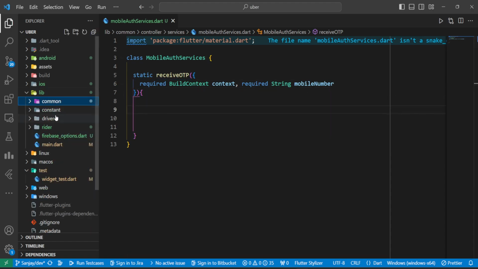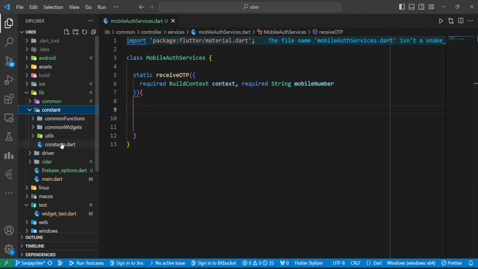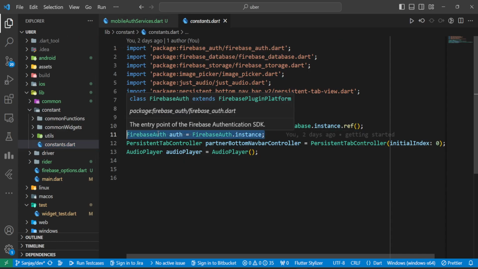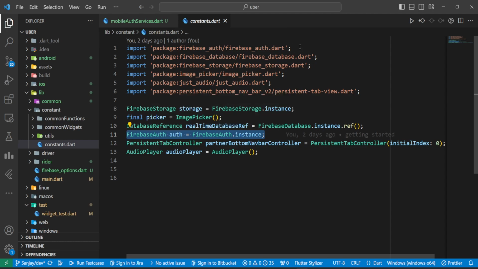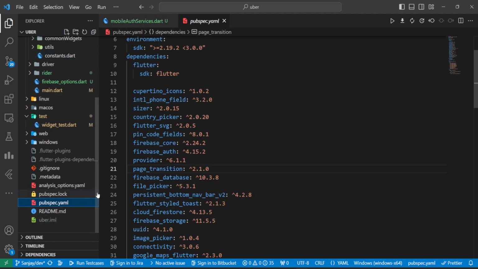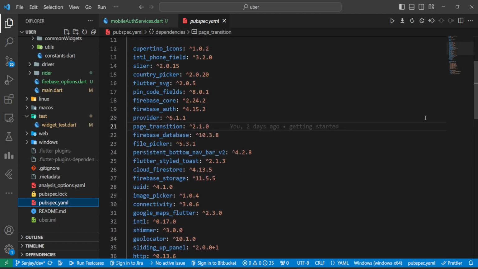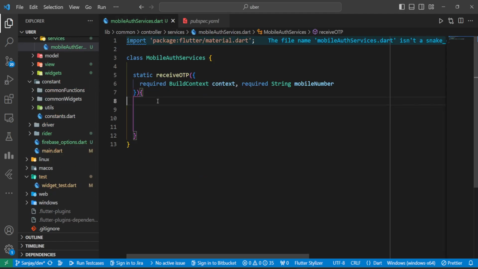Now we will come up here. So you will find that in the constant folder, we do have a file named constants.dart, and here we have already declared this Firebase auth. For Firebase auth, we will be needing some packages, that is the Firebase auth package and Firebase core. Whatever packages we're going to use for this project are already there in pubspec. So here we will come up and add Firebase core and Firebase auth to go with mobile authentication. So here we will